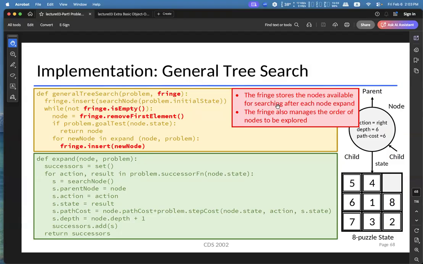That is the reason why depth first search and breadth first search have two different data structures at the back end: one is a stack and one is a queue.